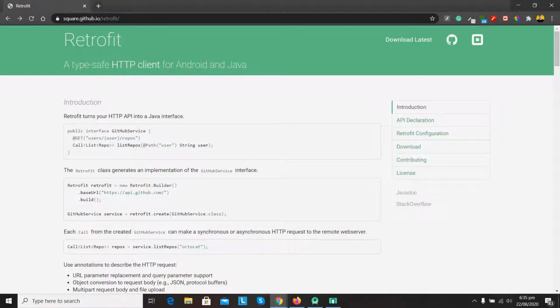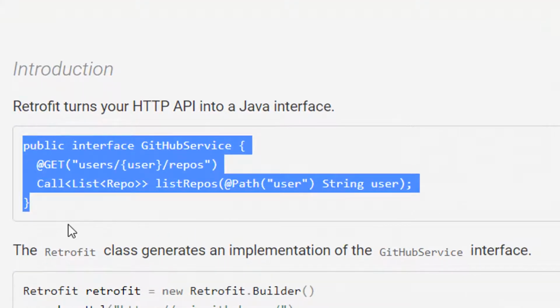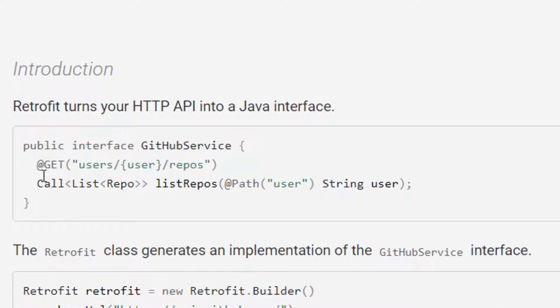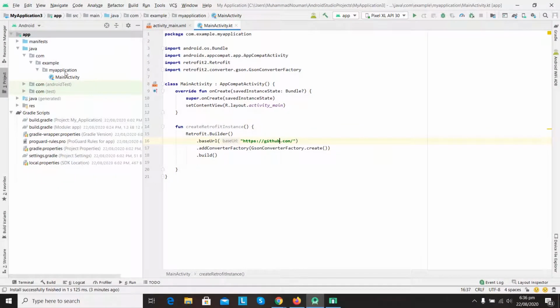Welcome back, guys. So in the previous video we added the dependency for Retrofit in our project, and we successfully created the Retrofit instance. So today let's see how we can add a very simple GET request into our project. First of all, we need to create this interface, and let's jump into Android Studio